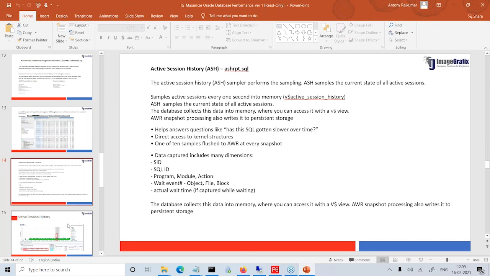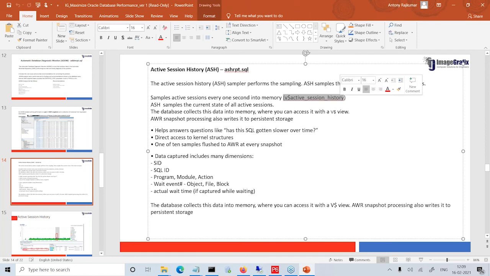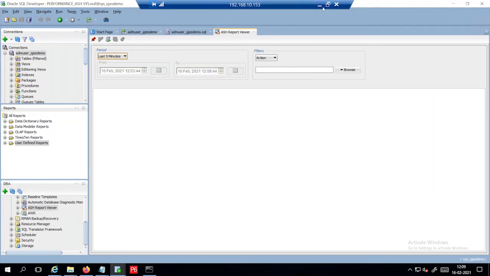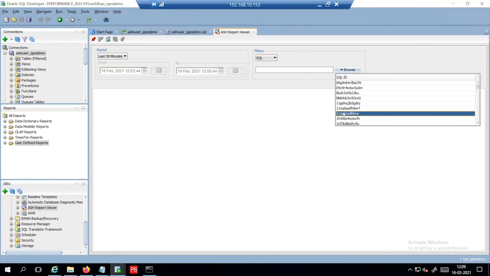So as Mr. Srinivasan said, yes, this table provides you the exact information about the ASH session history. And let me show you the last 5 minutes. I don't think it will have some activity. Let me take any SQL. I'm not sure. Okay.